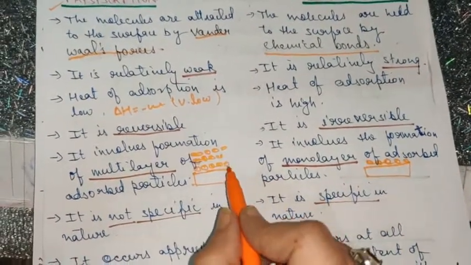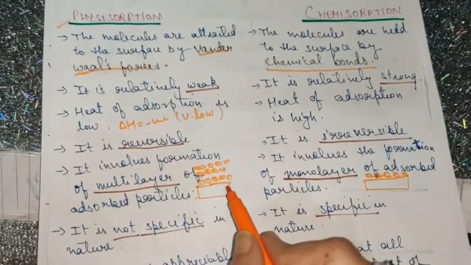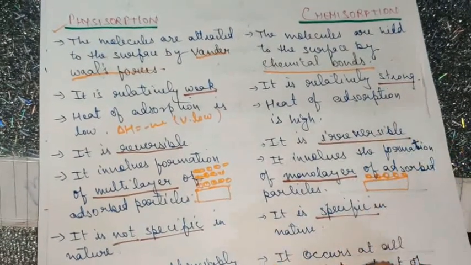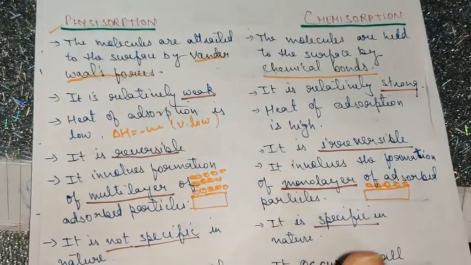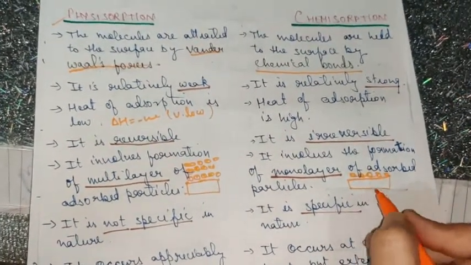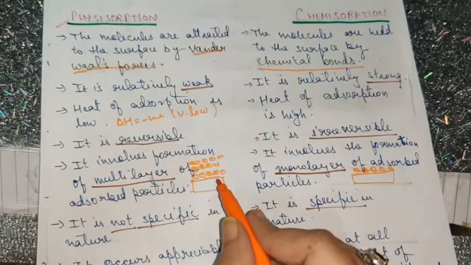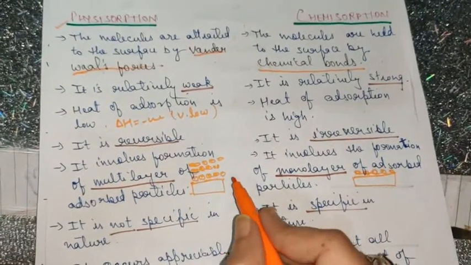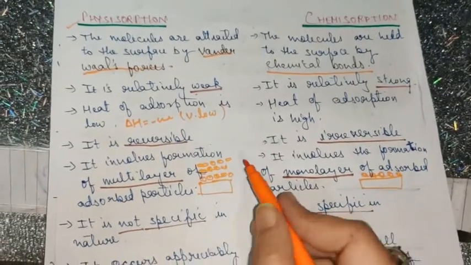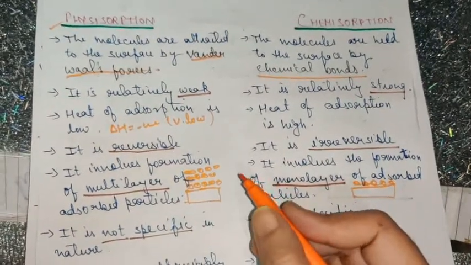Physical adsorption, that is physisorption, is not specific in nature. It can occur over any surface. Okay, simple settling of any adsorbate over the adsorbent. But chemisorption is specific in nature. It cannot occur on any surface. For example, the dews, the fog settling on glass is one example of physisorption. The dews settling on the leaf surface is another example of physisorption.